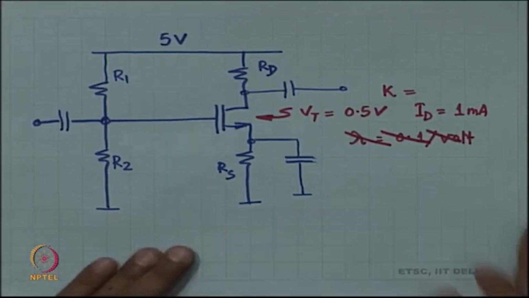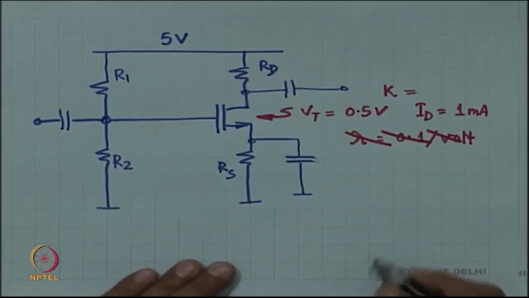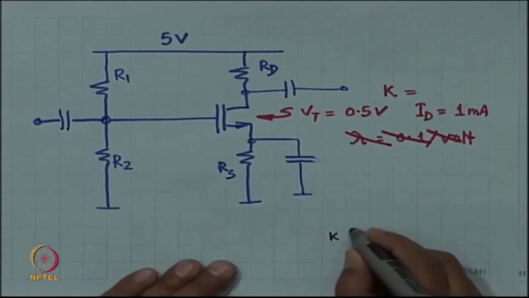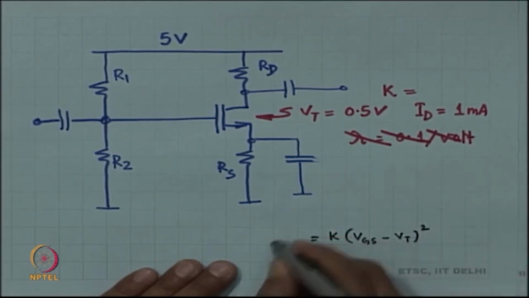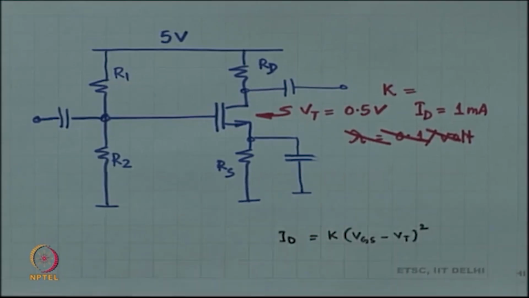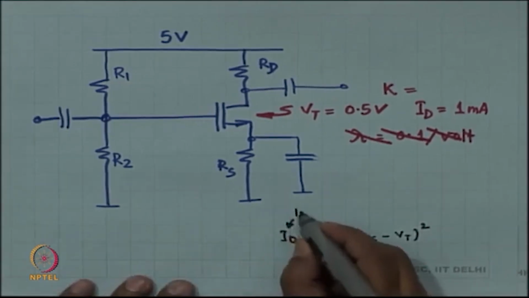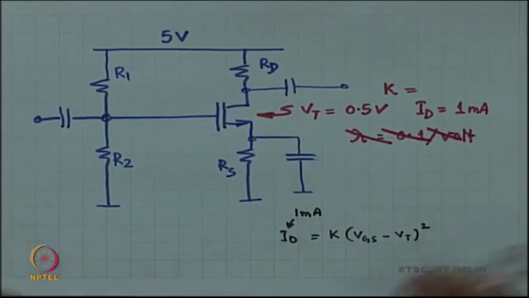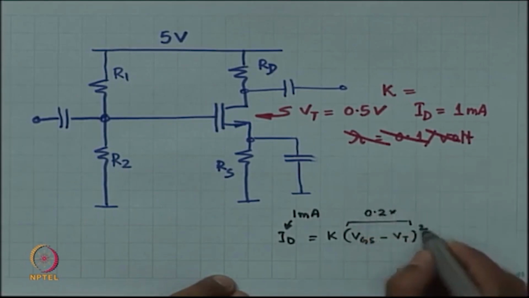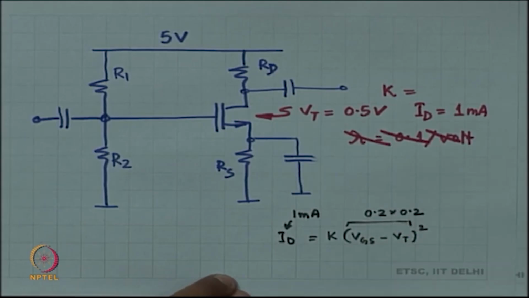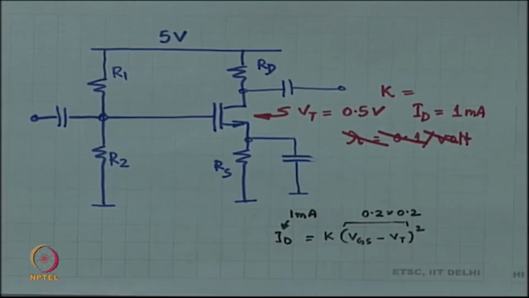So, let me tell you what my thought process is. K times VGS minus Vt the whole squared is ID in the flat region. If I want to keep ID to be 1 milliampere and a very reasonable value of VGS minus Vt is 0.2 volts, and there is a square. So, that is 0.2 into 0.2, that automatically means that my K should be 1 milliampere divided by 0.04. So, K should be